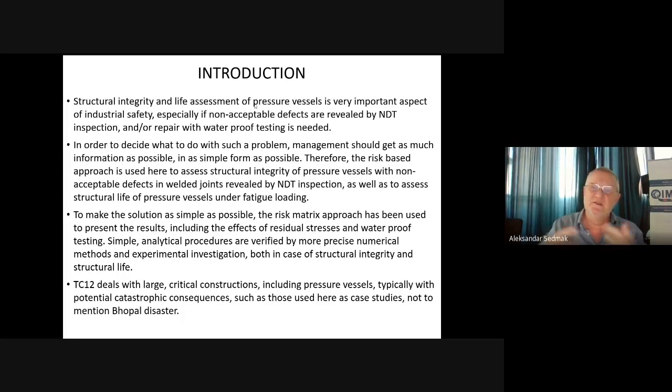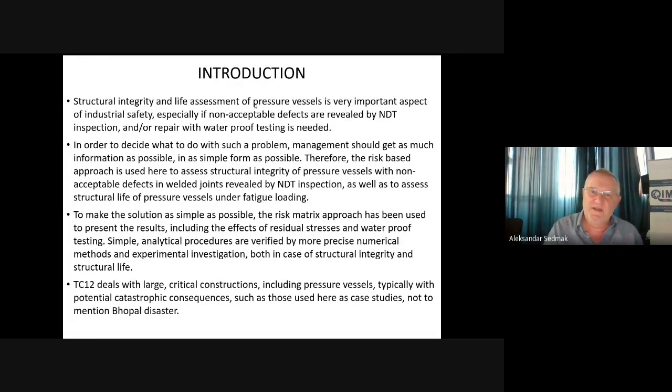At that time, they were called non-allowable defects, and they didn't know what to do. It was about the same price to repair all these defects with not very certain result, or to build a new pipeline. So they decided at that time, and that was approved by state authorities, to check all these